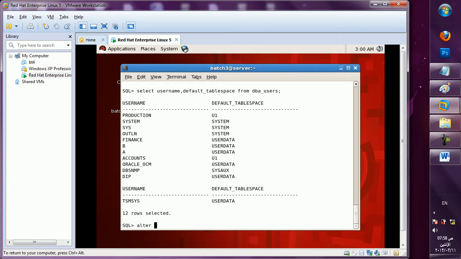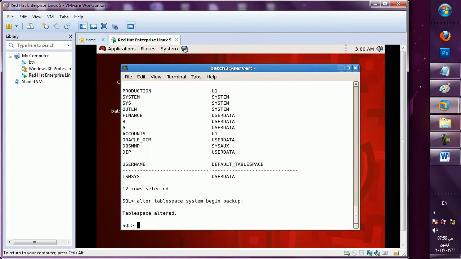So first you have to give the command alter tablespace system, the tablespace name, whichever file you want to copy, one by one, not all. In that code no problem, star, all files copied, but here one by one. Check the tablespace, in use, not in use, and copy that one by one. So I am deciding to copy system. Begin backup, this command you have to give. alter tablespace system begin backup. So your tablespace is altered. Now you are in backup mode.